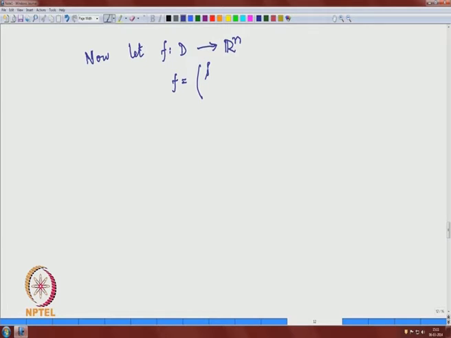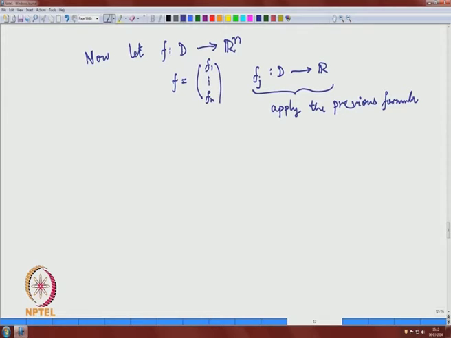So, F 1, F 2, F n, and each F j is now from D to R. And now we can apply the previous discussion, apply the previous formula for F j, and if you do it for all F j,